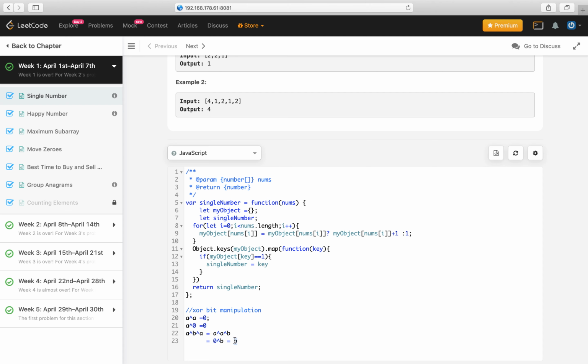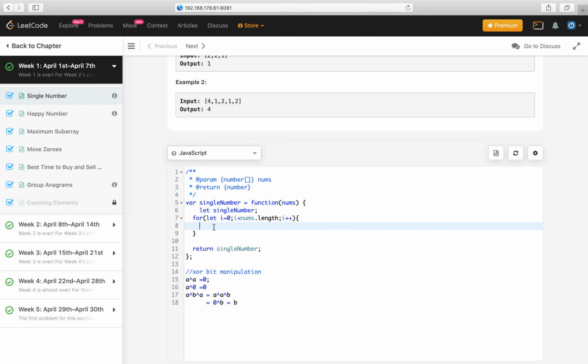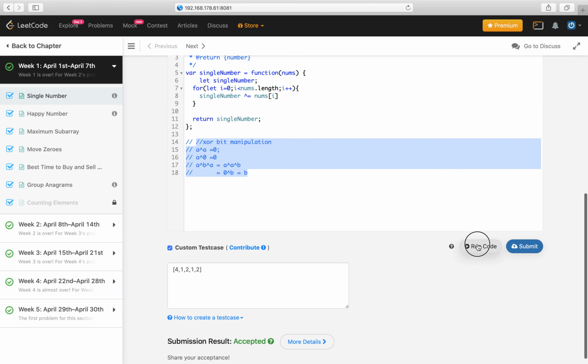So let's try to implement how it works. I need to remove all this. I don't need my hash map. What I can do is loop through all, singleNumber XOR equals nums[i]. That's it. Hopefully it should work. Let's see what is the result.